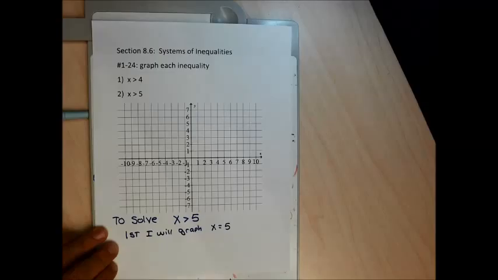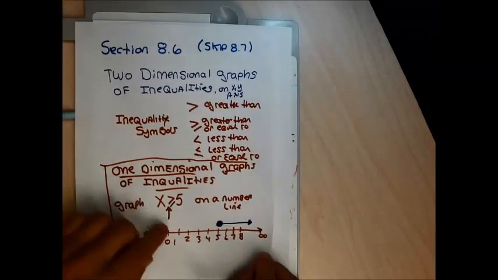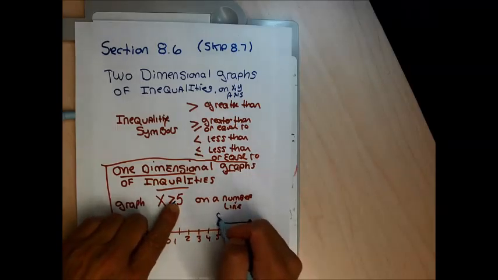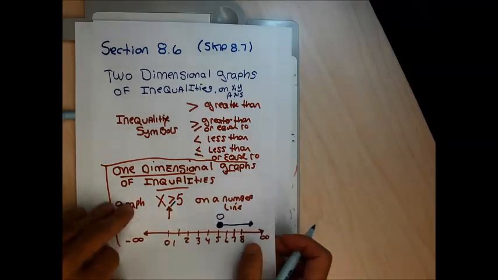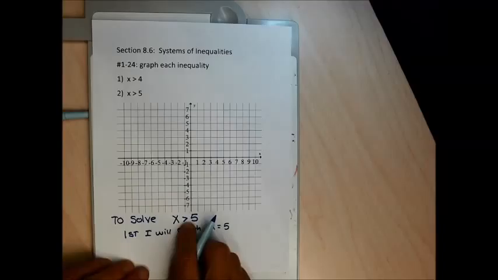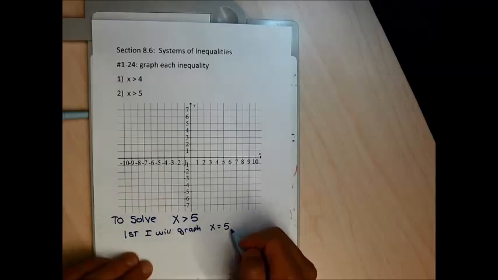And I'm not going to have open and closed circles like I did with the inequalities. If the inequality has an or equal to, I get a closed circle. If the inequality didn't have an or equal to, I get an open circle. When I go to graph a two-dimensional representation of the inequality, if there is not an or equal to, I get a dashed line. If there's an or equal to, I get a solid line. So I will graph x equal to 5